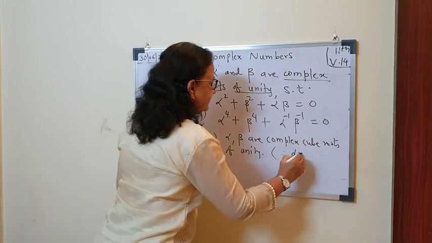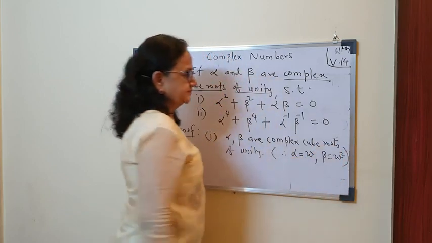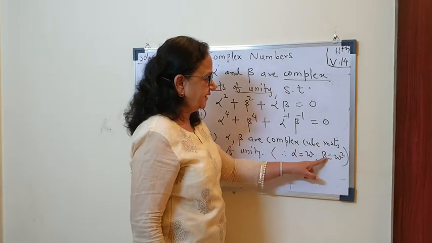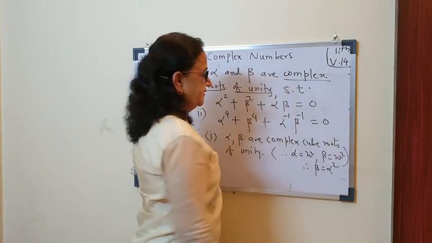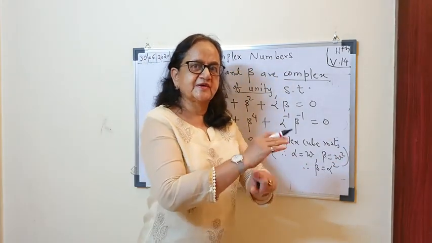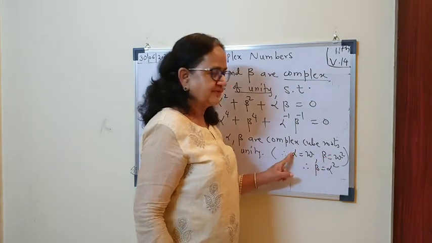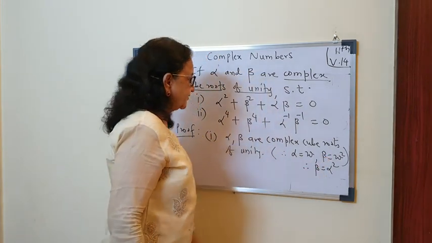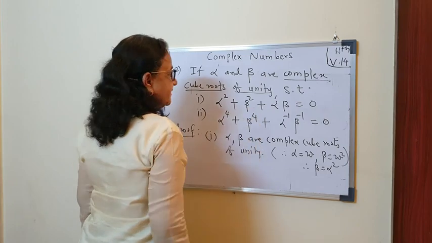Therefore alpha will be omega and beta will be omega square. So if you make a square of omega, you get beta, that is, beta will be alpha square. Actually, I again repeat, they are squares of each other. You can prove alpha square will be beta and beta square will be alpha. So beta is alpha square. Okay. Now alpha square plus beta square.